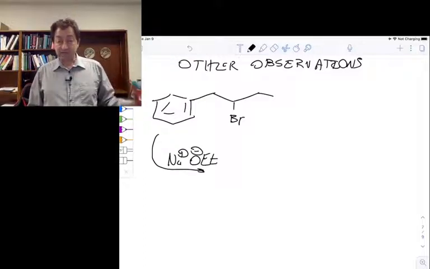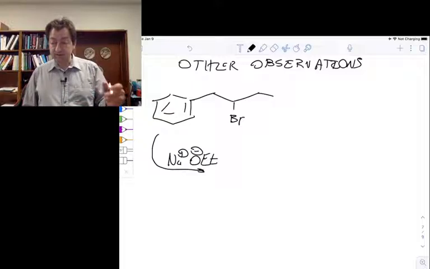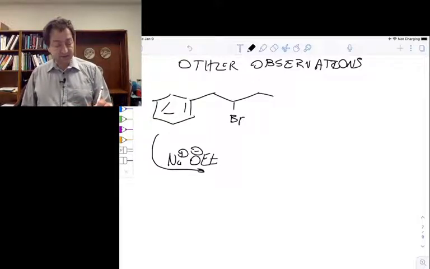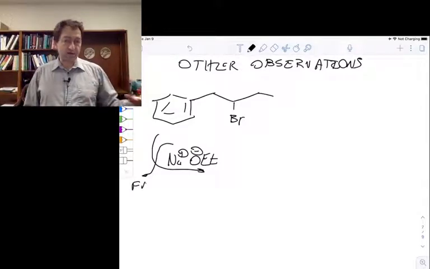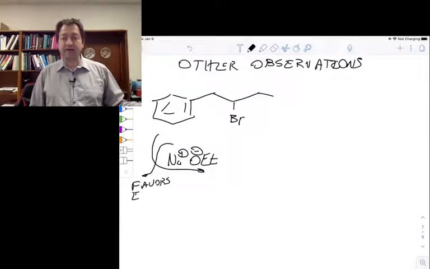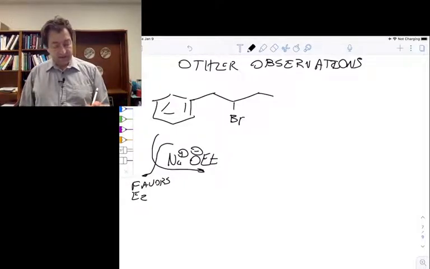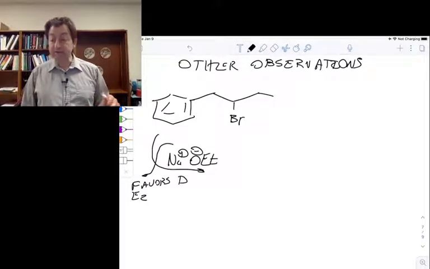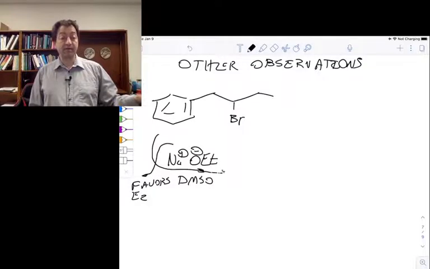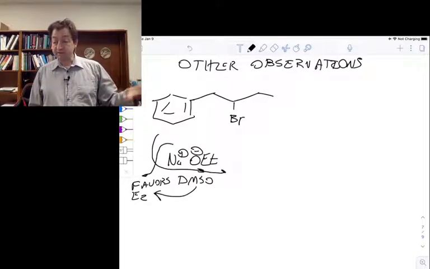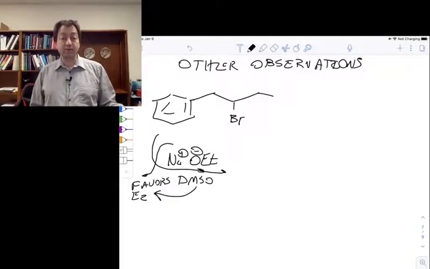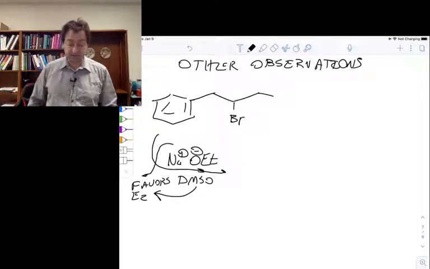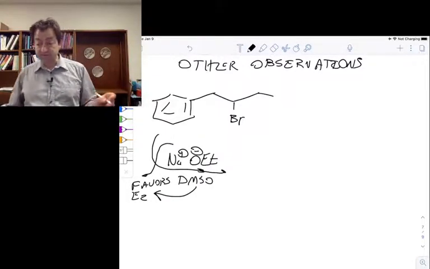This is a fairly strong base, or fairly good base, and this favors E2 reactions. So it's not a great nucleophile. It much prefers to act as a base over a nucleophile, and DMSO as the solvent. And that also favors E2 reactions. That polar aprotic solvent favors those E2 reactions, and so we're not worrying about trying to get much competition with the unimolecular processes in this instance. And what we observe for this reaction